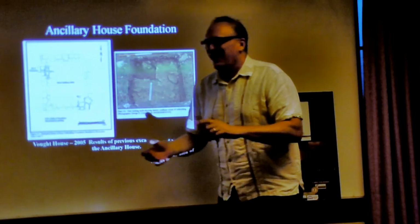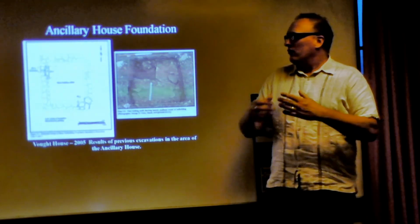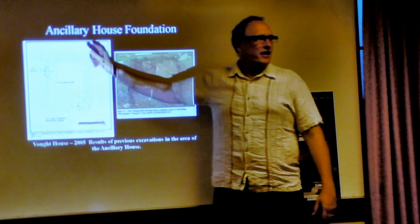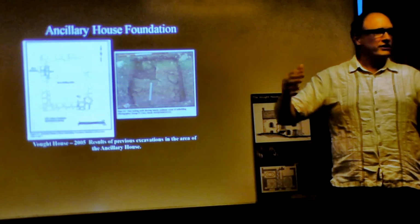Right? All right, and then what that means is maybe we'll find, if it was a brick chimney, maybe it fell over, and we'll find the fragments of the brick when it fell, or we might find some variation in what they've drawn. See, anything that wasn't exposed is just a hypothetical image. All right, and we'll see maybe it's wider in one place where a chimney would have been, the foundation support for a